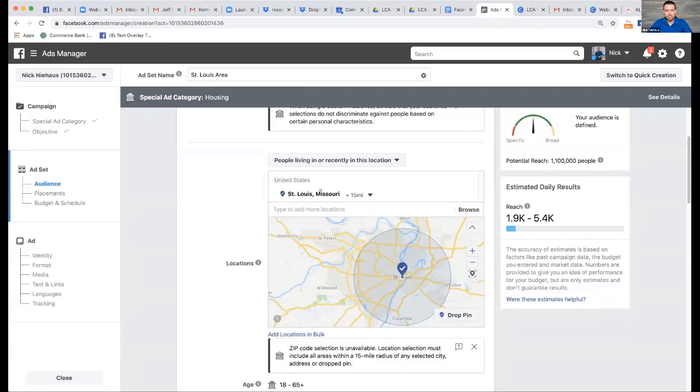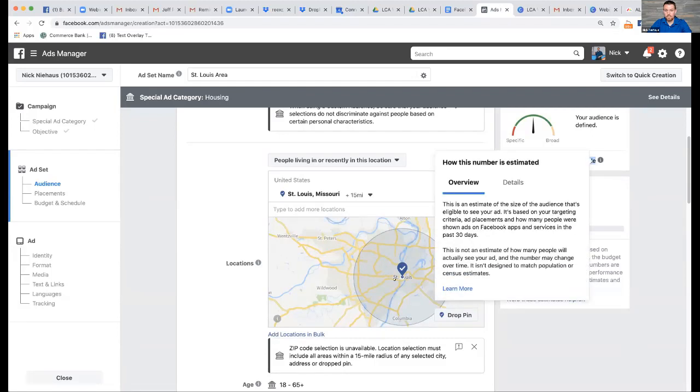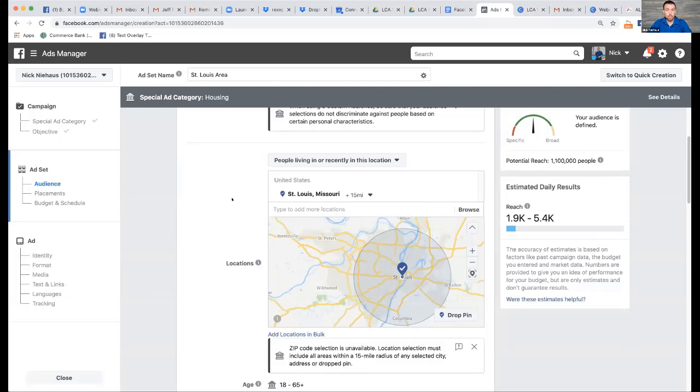So you may not want to center it right on the downtown area. In St. Louis, we have downtown here, and then most of our suburbs are actually to the west, right? So maybe I want to pick something that's more central to the suburbs and then target it that way. So just keep that in mind. Just to keep it simple, I'm choosing St. Louis, and I'm doing everything within 15 miles, which you can see over here is 1.1 million total people, okay? So it's still a pretty big audience.